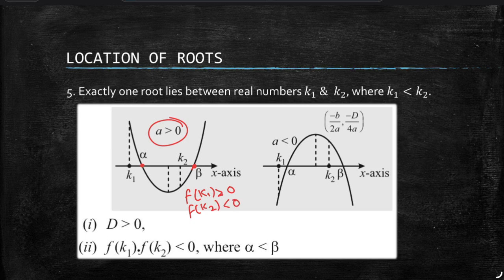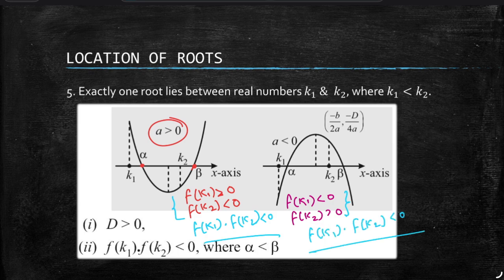Coming to the second condition: can I say f of k1 is negative and f of k2 is positive? Now from the first one, can I conclude that f of k1 into f of k2 is negative, and from the second one also we can conclude that f of k1 into f of k2 is negative. So what can we say, that if exactly one root lies in between k1 and k2, then the condition will be,